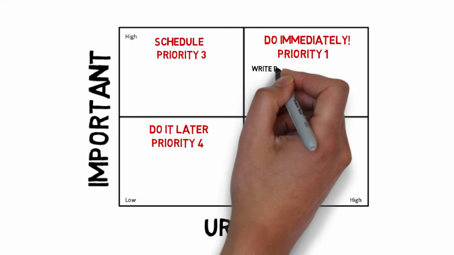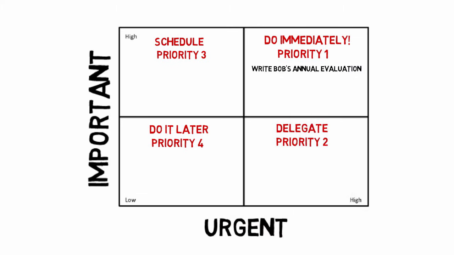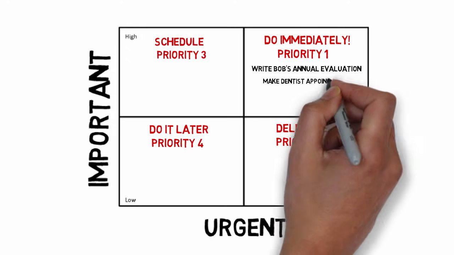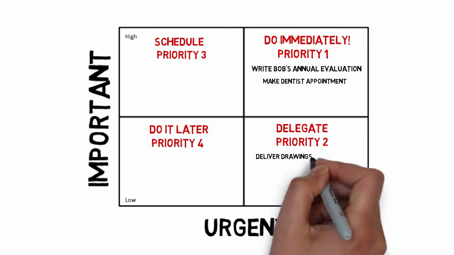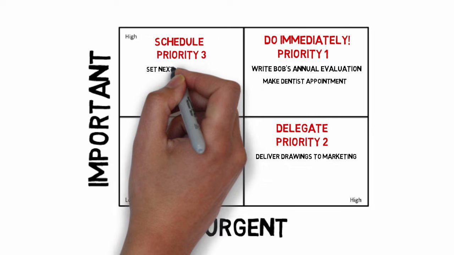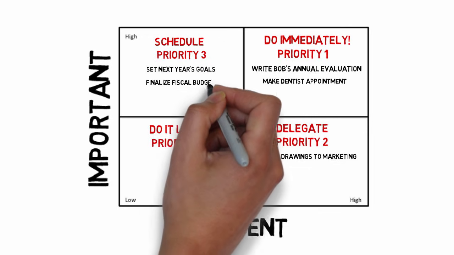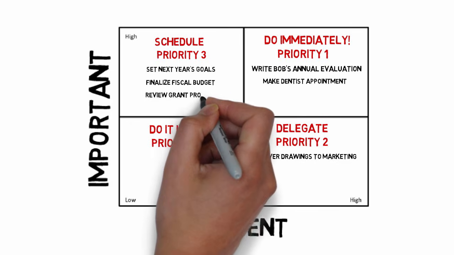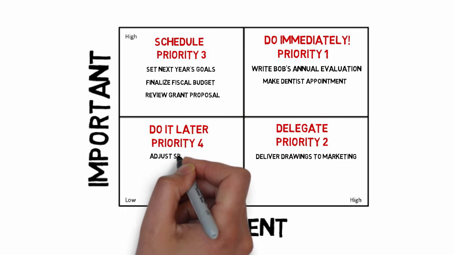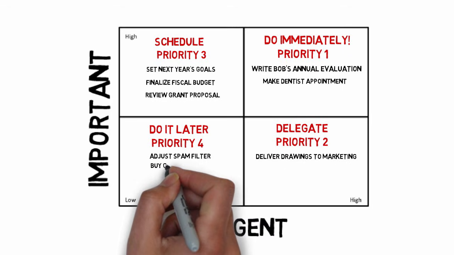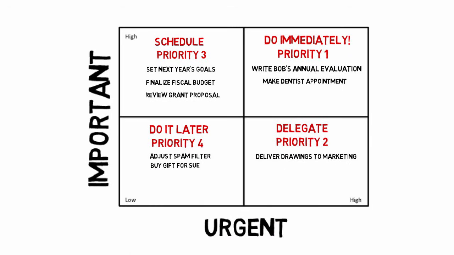As we fill in our matrix, one thing to realize is the importance and urgency of any specific task is a relative concept. The task of needing to make a dentist appointment can fall in any of the 4 categories. It just depends on exactly why it is we need to make the appointment and what resources we have available. At any time a new task emerges, there is the possibility it impacts the rest of the matrix. For instance, if I receive a call that a close friend or family member is seriously hurt or is in need of help, Bob's evaluation may no longer seem all that important or urgent.